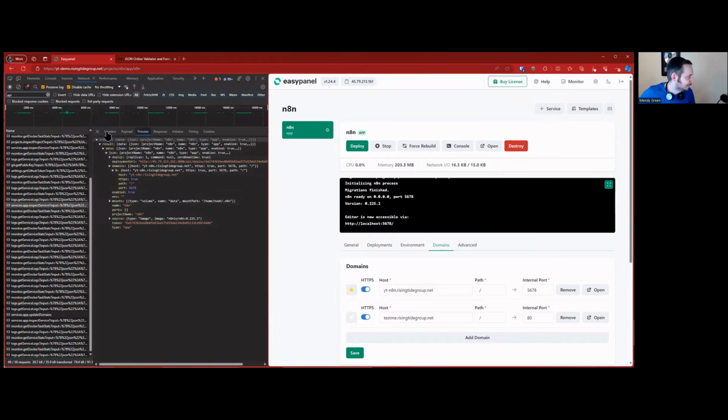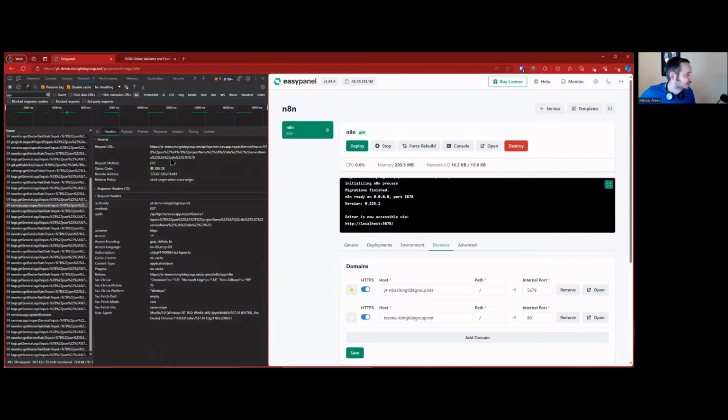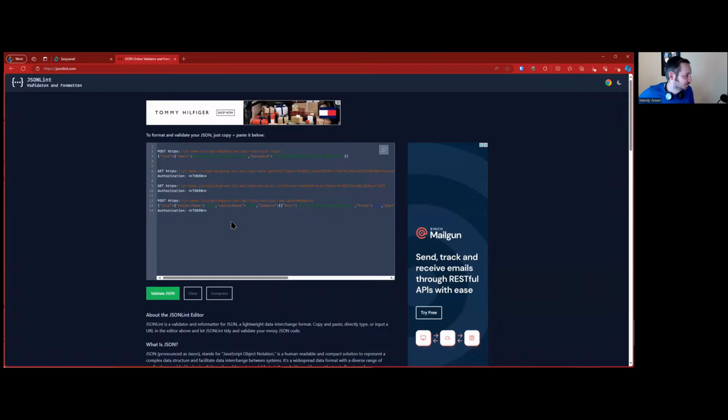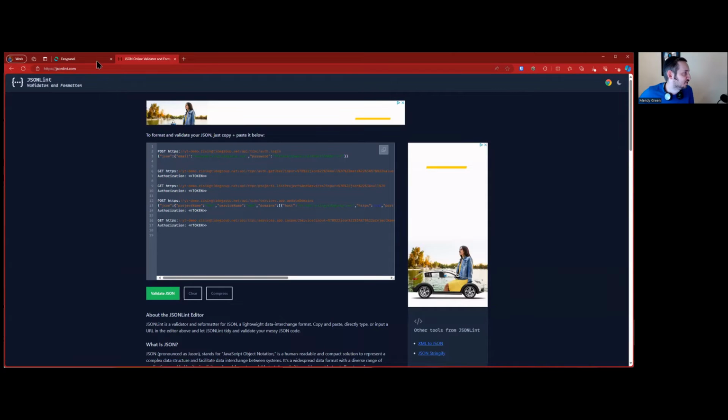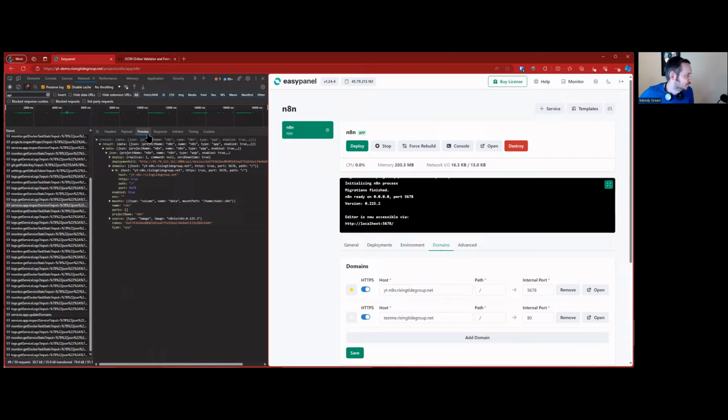So with that being said, let's go to headers. What we're doing is we need to grab, it is a get call. We need to grab this entire thing. Let's go ahead and grab it. And this will be a get. We're going to paste that in. And we'll need our token at the same point. And what we're looking for specifically is